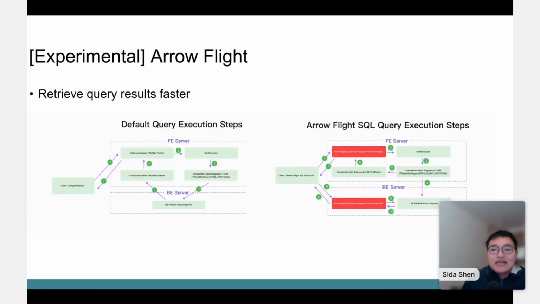Okay, and then is Arrow Flight protocol support. So before, let's say you want to retrieve a massive amount of query results from StarRocks. First, StarRocks uses the MySQL protocol, which is not wrong, but it's row based. But when you're getting a bunch of results, basically in a columnar format,